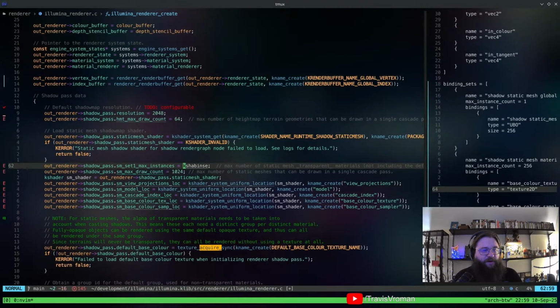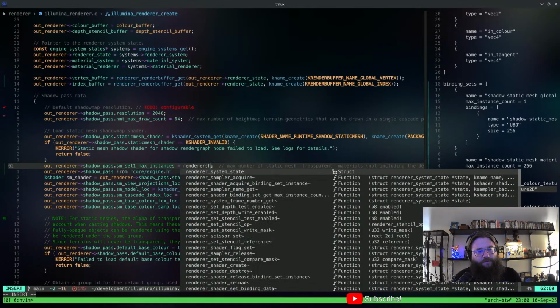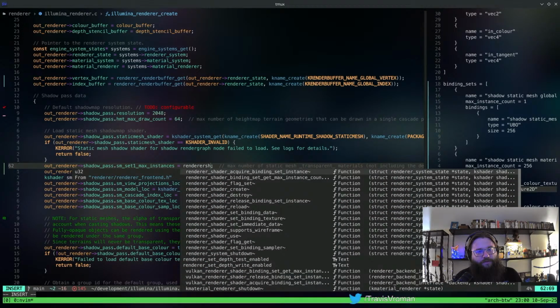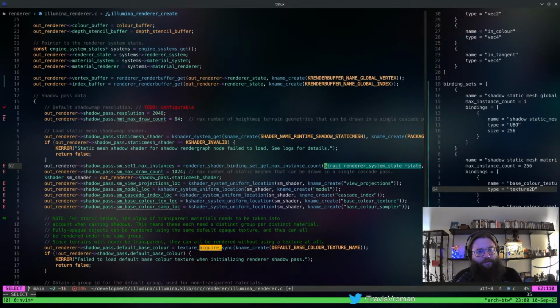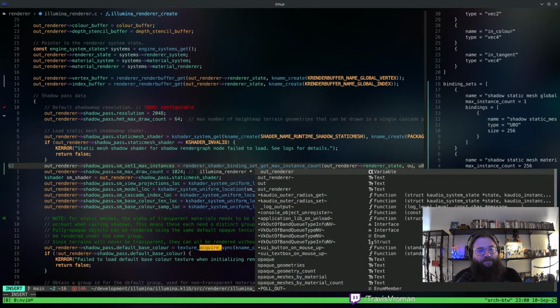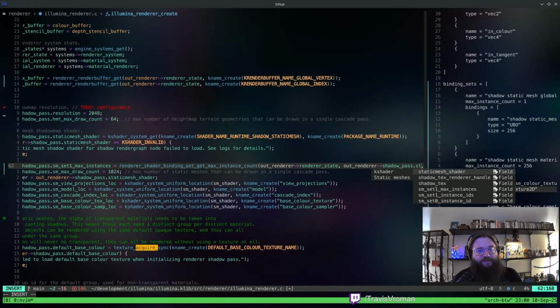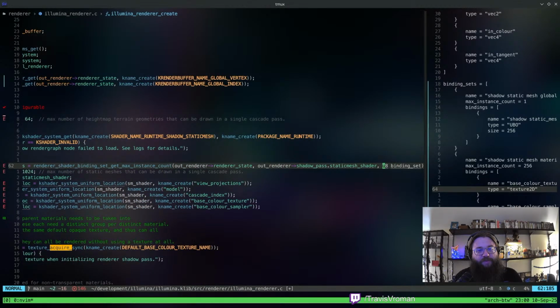Oh, because it's the renderer. Let me think about this for a second. So we want the out renderer state. Then the shader that we're going to have is out renderer shadow pass static mesh shader. And then the binding set we want to acquire that for is 1.